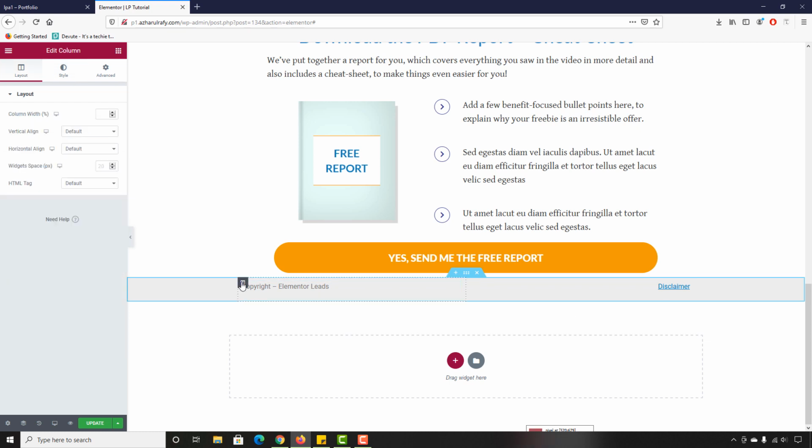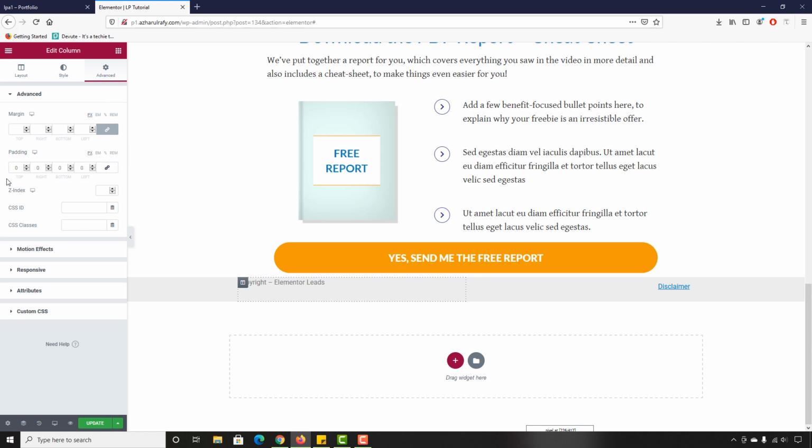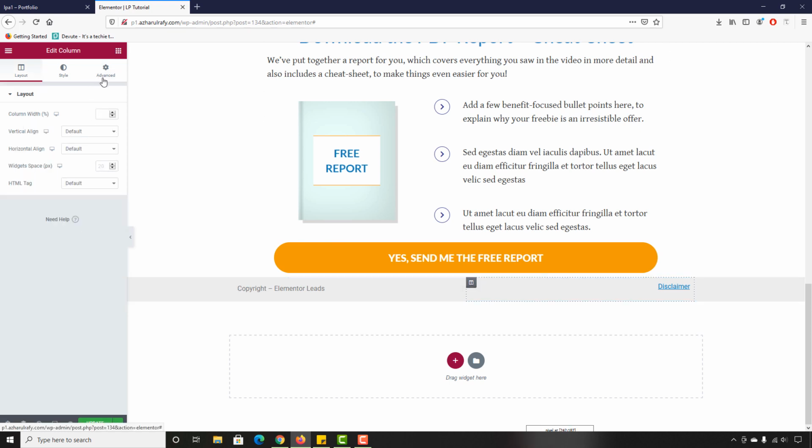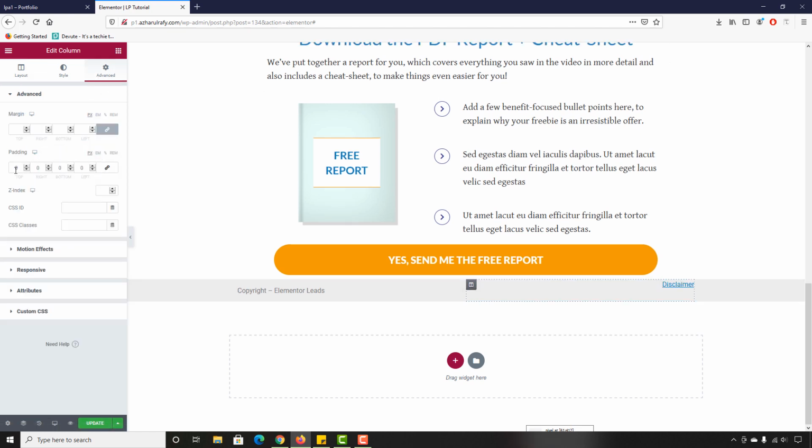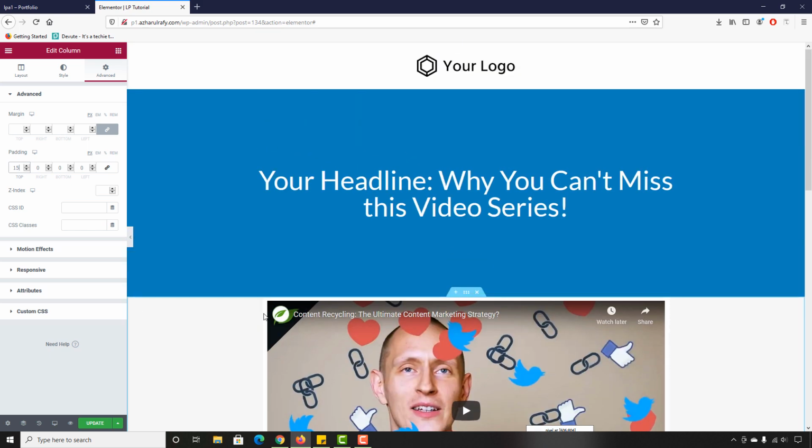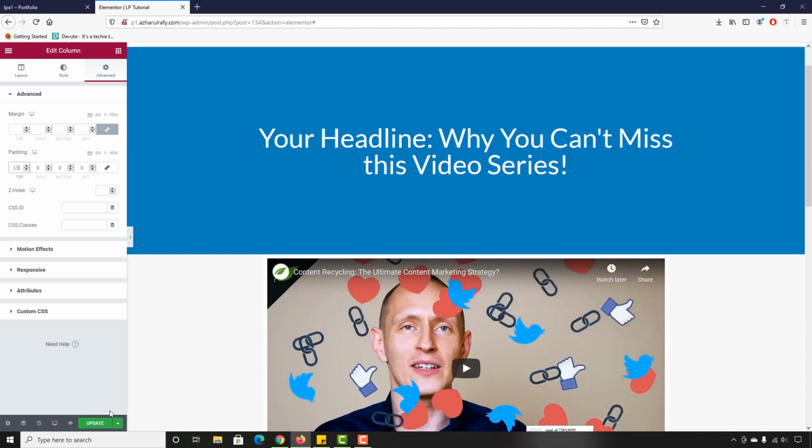And now we are going to give a padding of 15 to top. So in top we are going to give 15, and same padding we are going to give for this one. Advanced padding is going to be on top 15. Okay, and just take a look, we have got the basic structure. Now we are going to click on update,